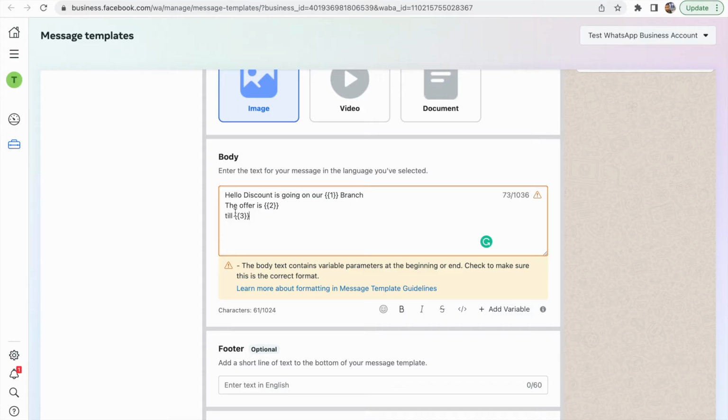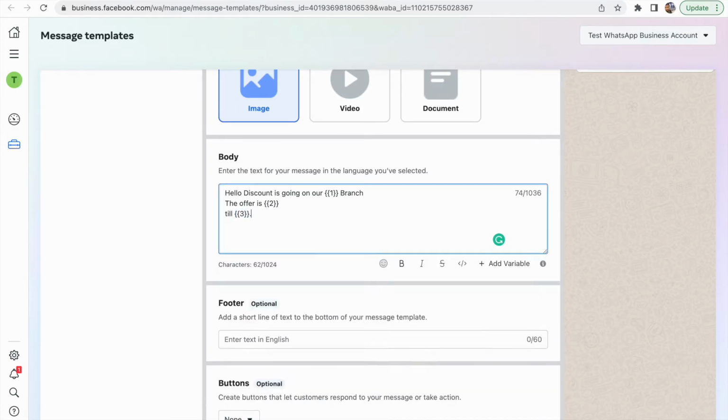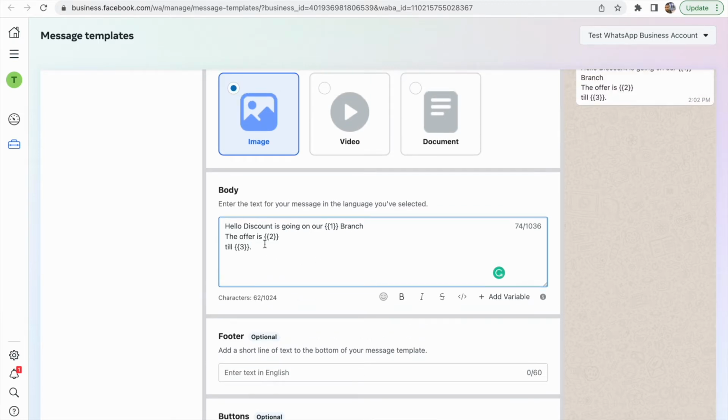The thing is, this is at the end, right? So this can be the beginning or end, right? So I just put a dot. Now it's fine, you can see it's gone, right? And other than that, what I'm going to do is,